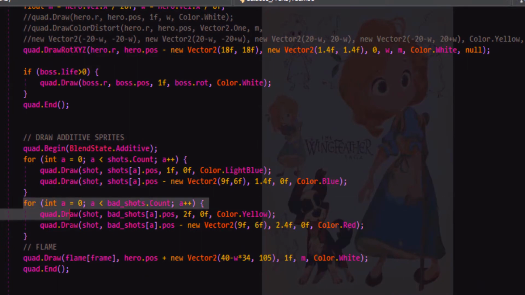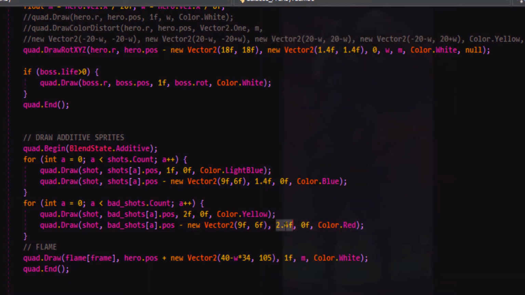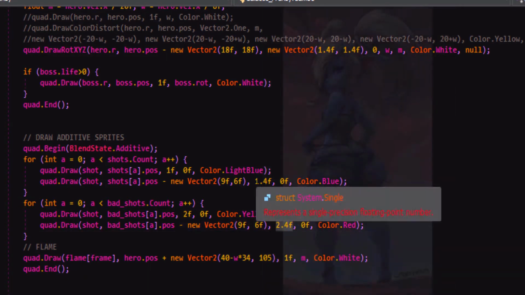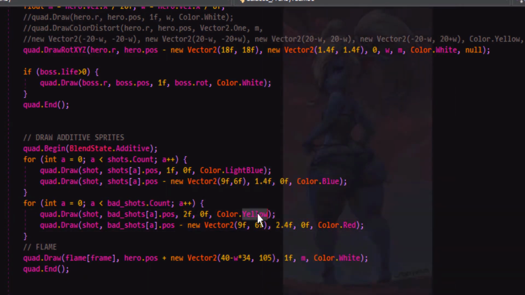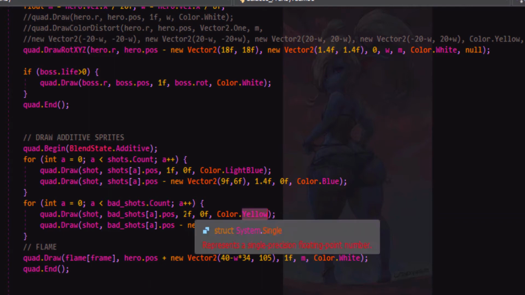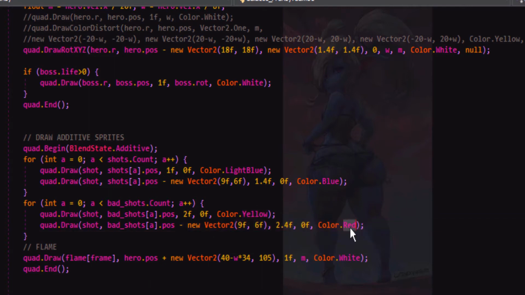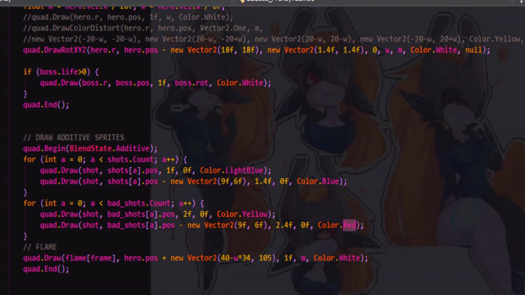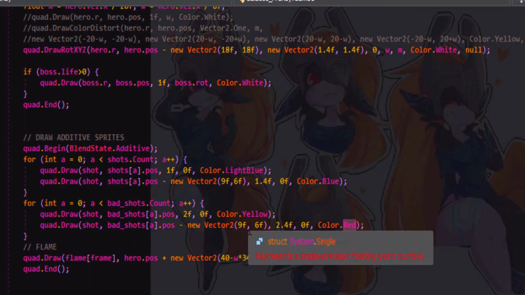Okay, I just added this code here, and the only difference here is I'm making these shots bigger. 2.4 here instead of 1.4, 2 here instead of 1. This one's more yellow for the bright part, and red for a more reddish tint for the trail. Since it's blue, that should make it more like a purplish, I'm thinking. We'll have to try it out and see.